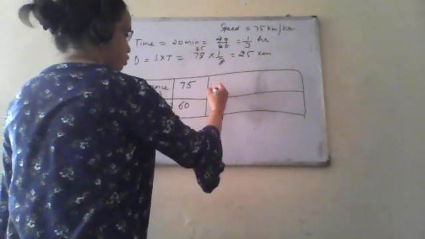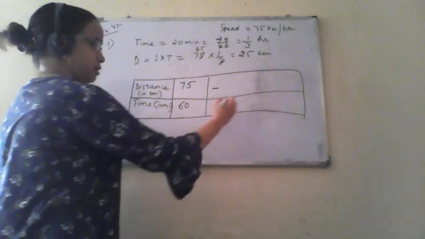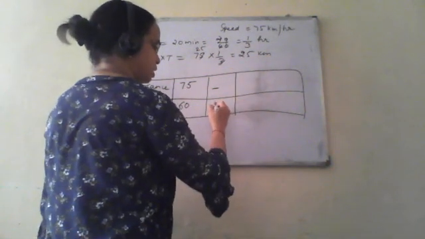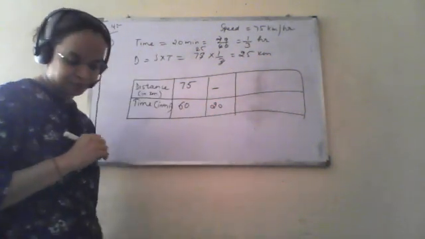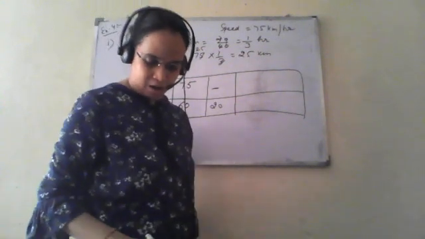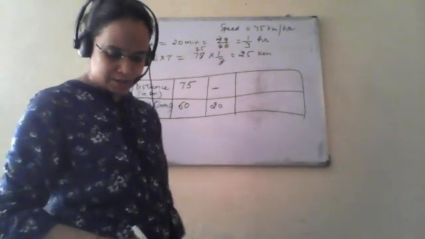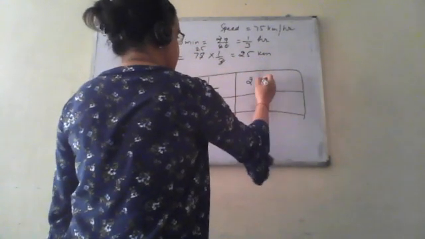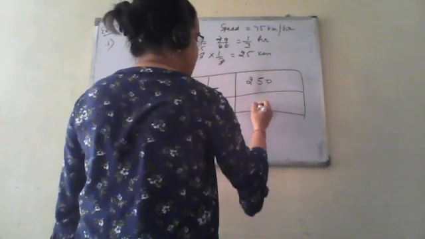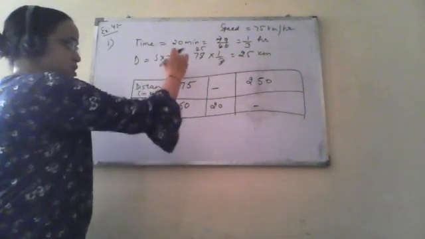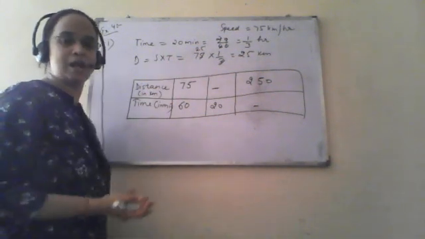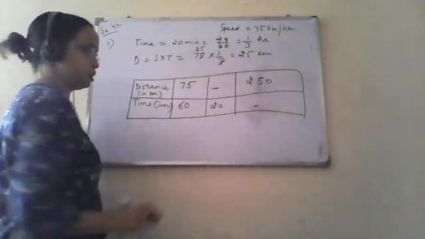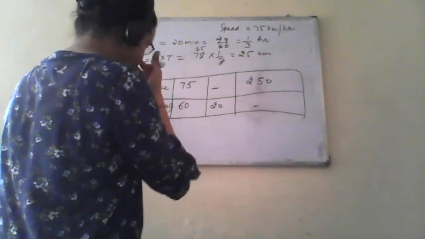So we have to calculate the distance and we have been given the time. Okay. And next part, find the time required to cover a distance of 250 kilometers. In this case, this distance is given, 250 kilometers, and this time has been asked. This we have done by the unitary method, the normal method, but now we will do it with this method.